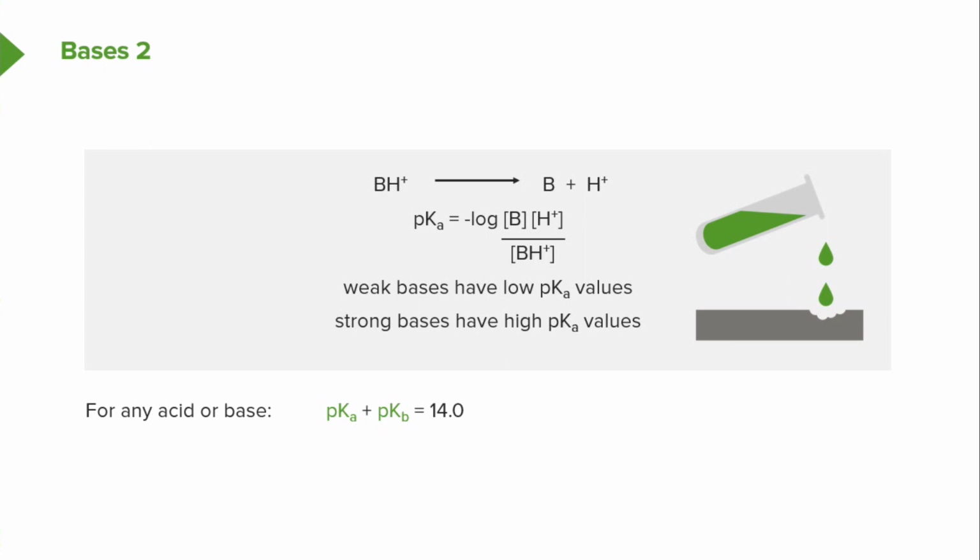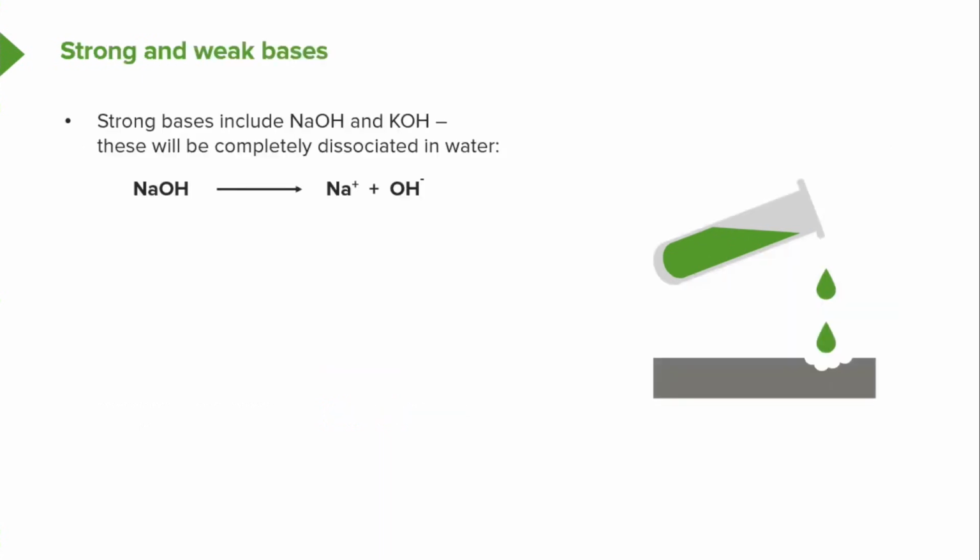And when we consider any acid or base, we should be aware that pKa plus pKb is equal to 14. Strong bases include things like sodium hydroxide. Indeed, mostly every hydroxide is regarded as a strong base. And as we said before, in the case of hydrochloric acid, sulfuric acid, and nitric acid, they're considered to be almost completely dissociated in water. And so in the case of our NaOH, we see that sodium ion and hydroxide ion are formed in